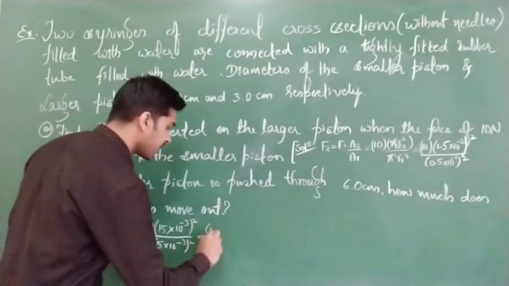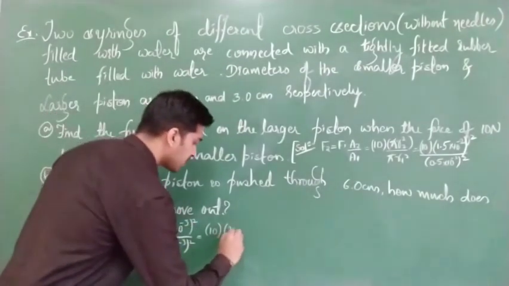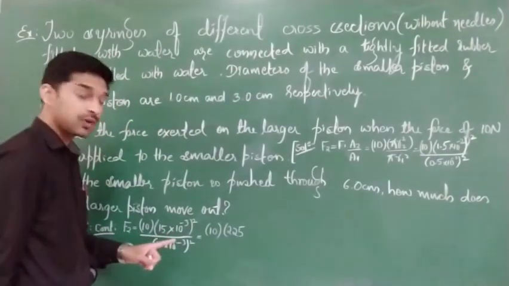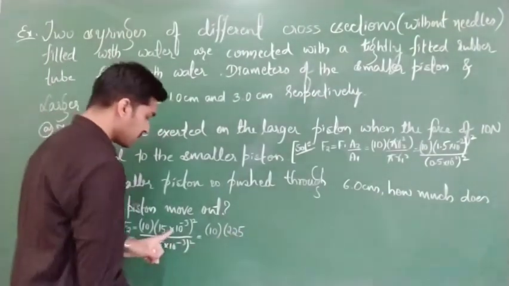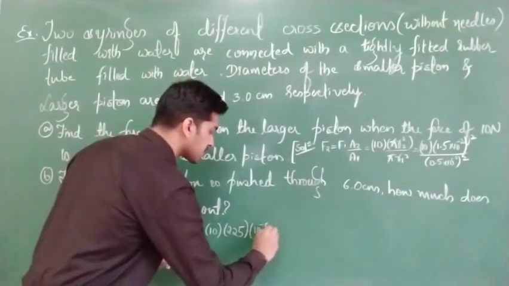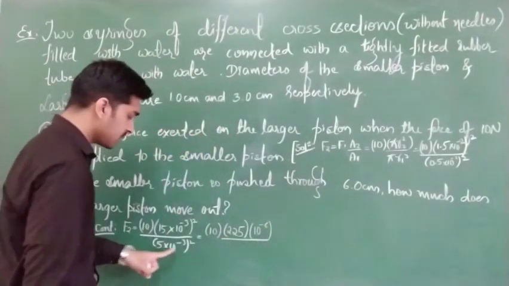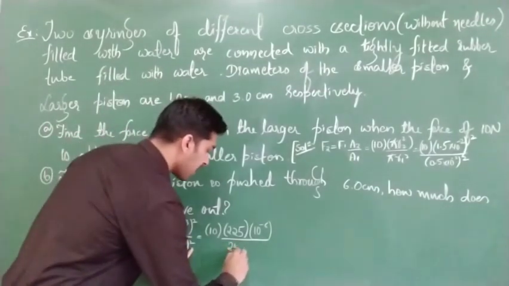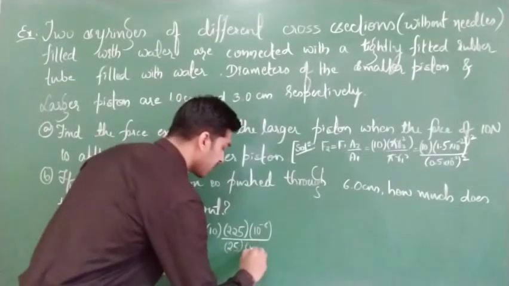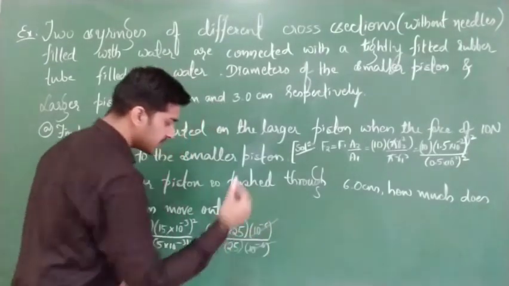10 as it is, you can write. Clear? 15 square. 15 15s are how much? 225. Clear? Squares I hope you might have remembered from your school days. 15 into 15 gives rise to 225. Next, 10 to the power of minus 3 whole square means it will become 10 to the power of minus 6. Clear? Next in the denominator what we are having? 5 square. 5 5s are 25. Correct? Next 10 to the power of minus 3 whole square means again 10 to the power of minus 6. Okay, this 10 to the power of minus 6 and 10 to the power of minus 6 will vanish.